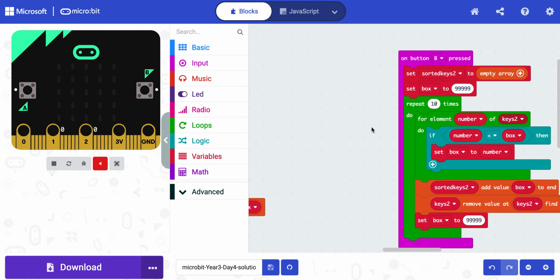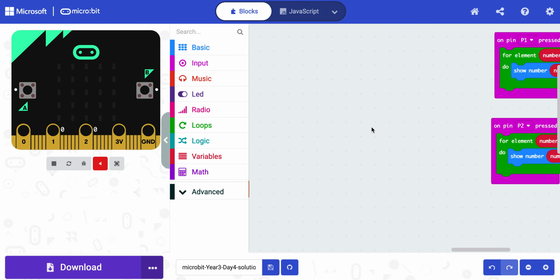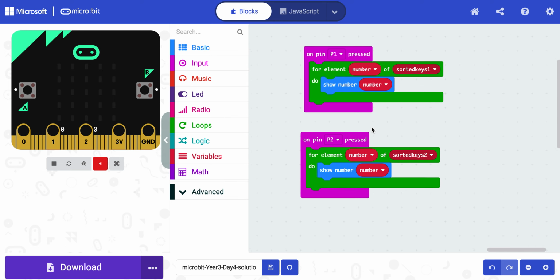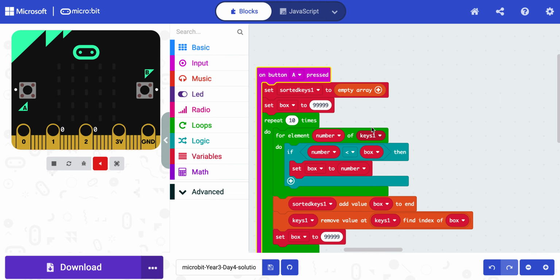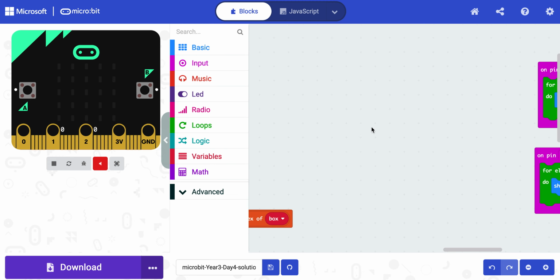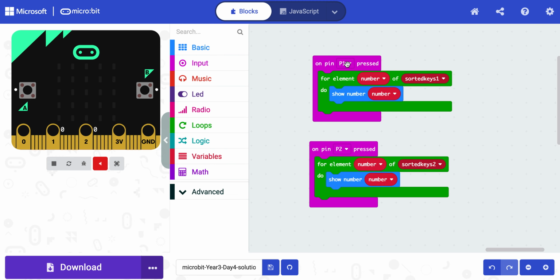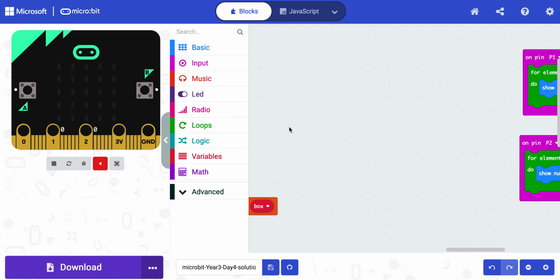And I've set up so we can see the results on the microbit. I've set up, notice I used button B for my algorithm for sorting keys 2 and button A for my algorithm for sorting keys 1. So I've set up using pin 1 and pin 2, just a little bit of code, as I did 2 days ago for the sorting algorithm, that is going to print the sorted numbers, the numbers in sorted keys 1 and sorted keys 2 to screen when I press pin 1 and pin 2. So let's see if this